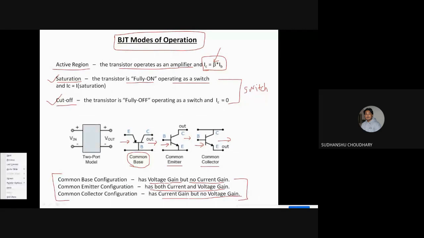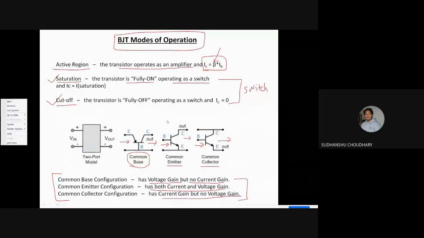So this course is more related to the semiconductor device physics. Okay. So we will limit our discussion to semiconductor device physics itself, right? But yes, this is important to know that there are three configurations and the input and output has to be taken at these ends. Okay. And this also applies to the MOSFETs. So MOSFETs can also be used in common gate, common source and common drain. Right? Same way.